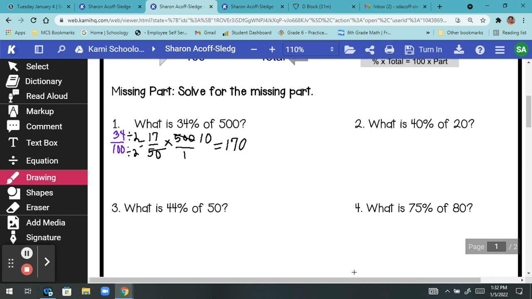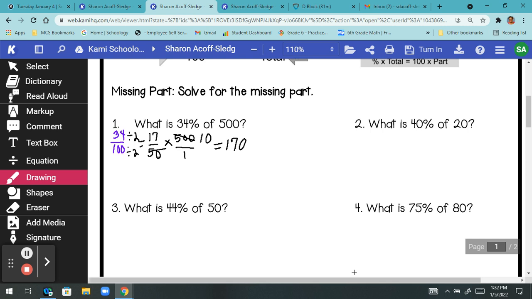Am I going too fast? No. There's number two, like a second. Okay, if you want to go ahead and work ahead, you can. Okay. And then what is